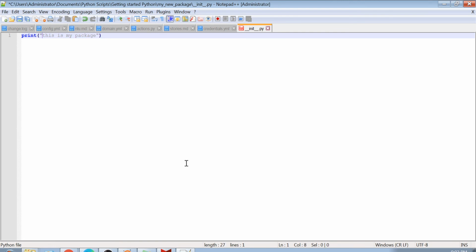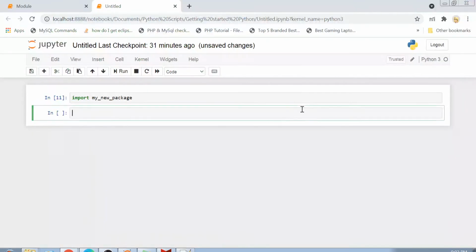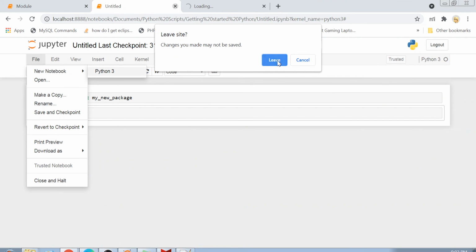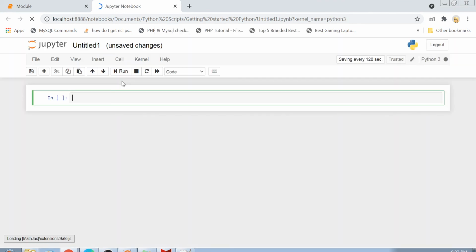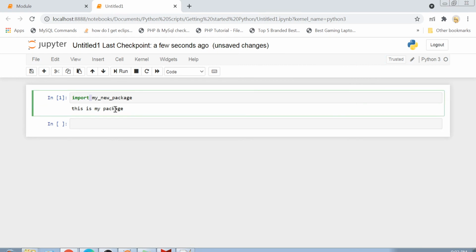Let me close this bracket, and now let's try and import it again with the new Python. Okay, you see now my init.py file is executed, and it is showing the print statement which I wrote in the init.py file.